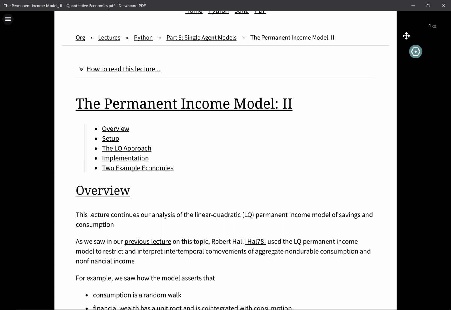So this is in the tradition of constructing simple linear quadratic examples of models that perhaps we'd actually like to do in more generality, but we use linear quadratic because it's easy to compute. We can get fast results. Often the approximations are quite good, but we have to be aware that the restriction to linear decision rules can